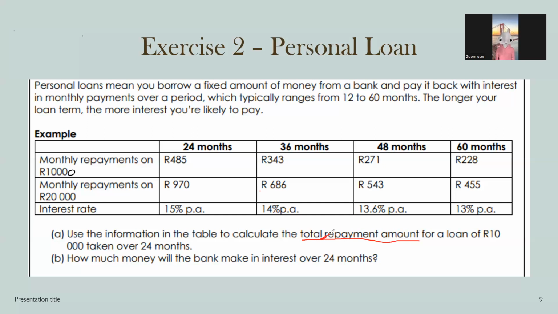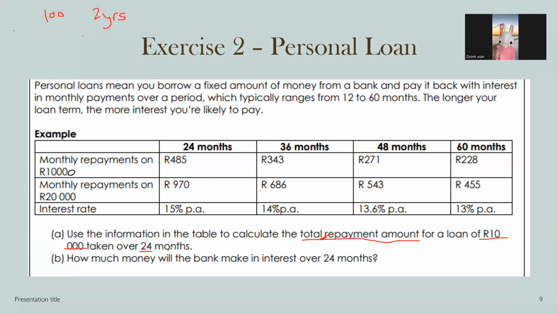For how many months? So if I tell you, you must pay me 100 rand every month for 2 years, how much are you going to pay me back in total? 2,400. Perfect. Because you take 24 multiplied by 100, which is 2,400. So this question is asking you to calculate the total repayment amount for a loan of 10,000 rand